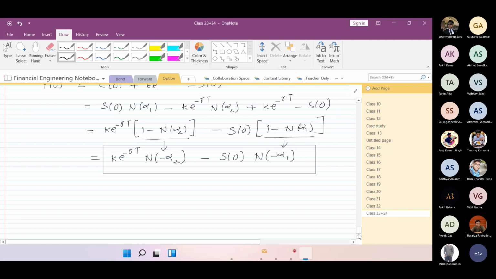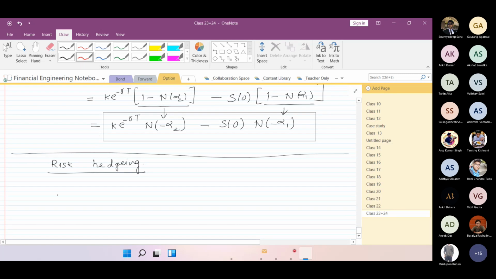The last thing, which we will be starting in the next week, is to understand what risk hedging is. Let's try to understand mathematically what is the meaning of risk hedging. Suppose we have a function f. It has the three variables a, b, and c. When I say risk hedging, it means that if one of those variables is changing, my asset value is not changing. This is what you mean by risk hedging, yes or no?